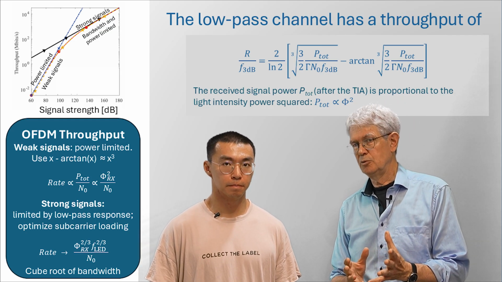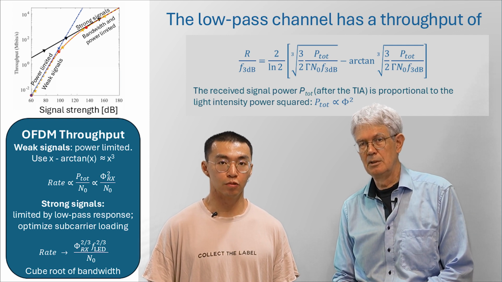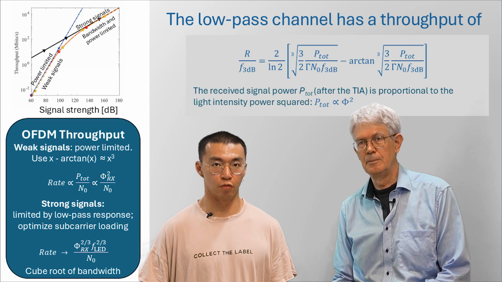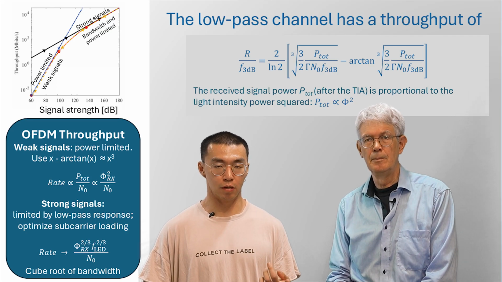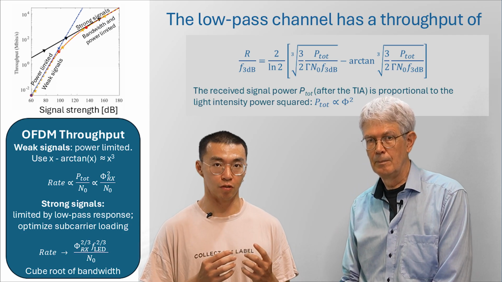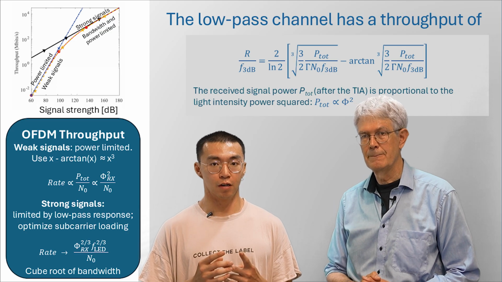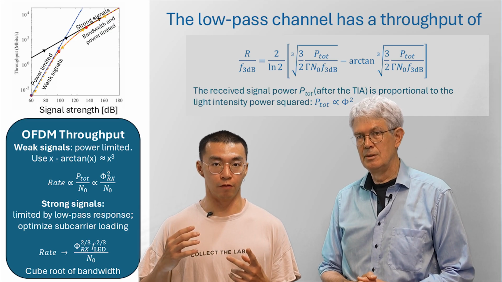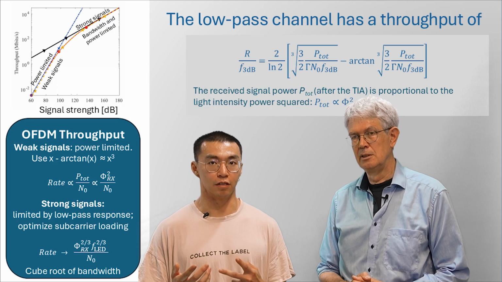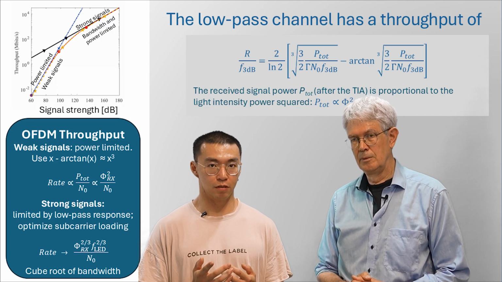So could we take some special cases, some limiting cases? Yeah, absolutely. I think we can look at the estimated throughput for two scenarios. First, a scenario where we have a very limited amount of signal, so it's a low signal power scenario, and then the second scenario is where we have a very sufficient signal power budget, which is a high signal power scenario. If we first look into the low power scenario,